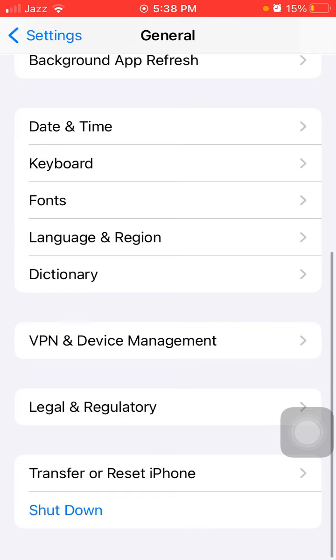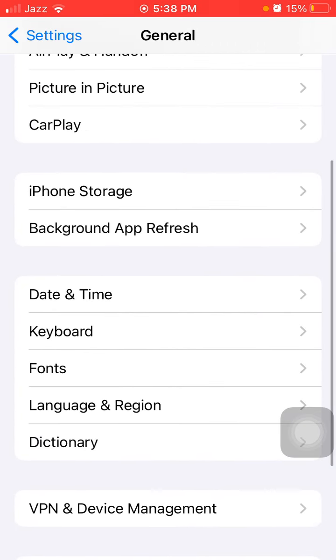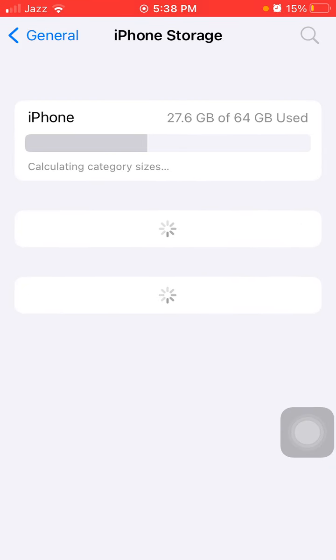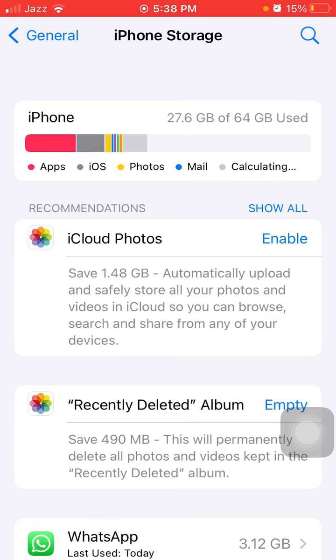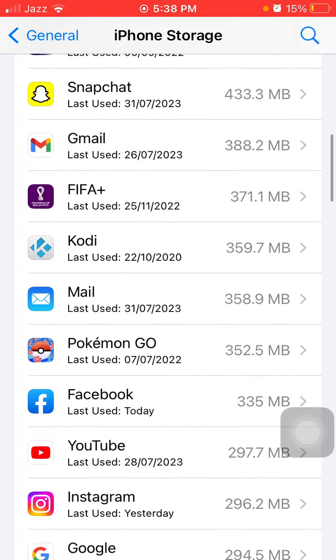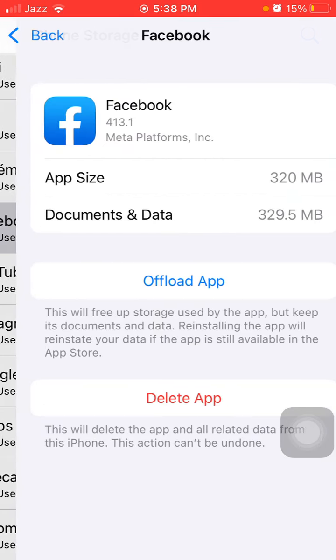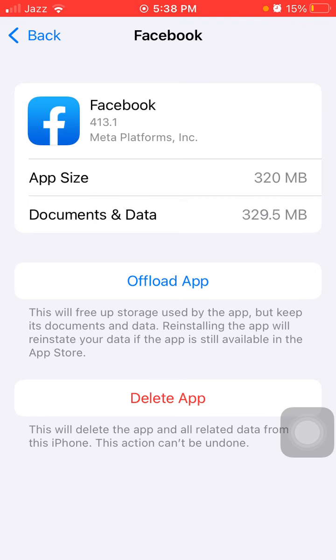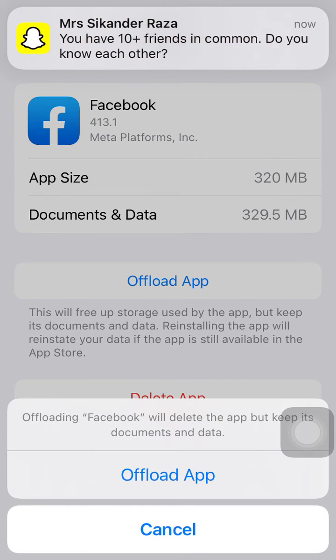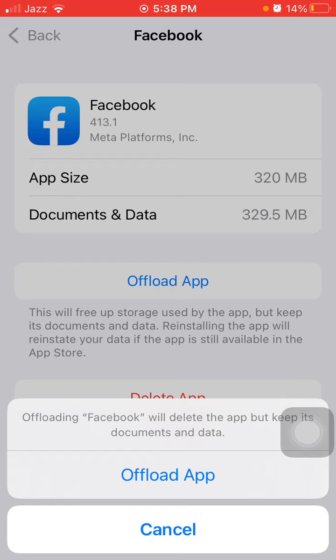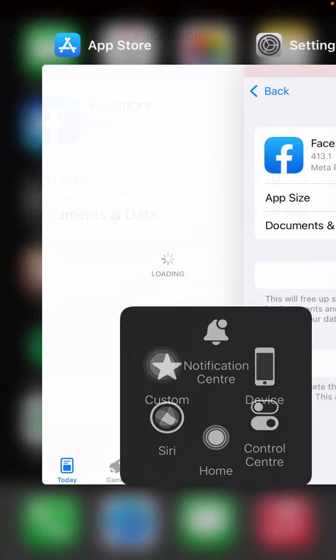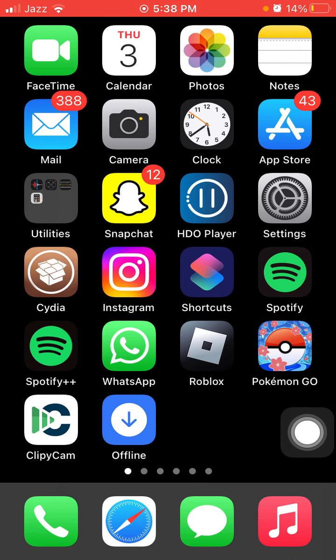Go back to general. Here we have to tap on iPhone storage. Now scroll, find and tap on Facebook and tap offload app. After that, tap offload app again to confirm. After offloading the app, force close all the apps that are running in the background and force restart your iPhone